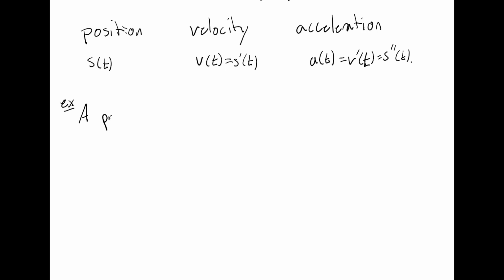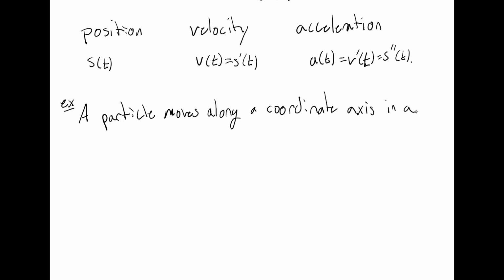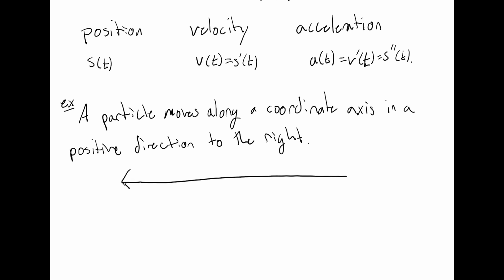So the particle moves along a coordinate axis, and we want to say what direction. A particle moves along a coordinate axis in a positive direction to the right. So what this tells me is, if we think of, say, a vertical axis or horizontal axis,